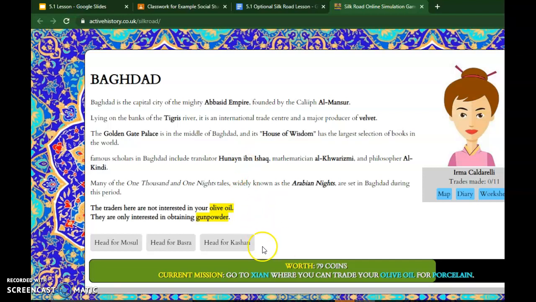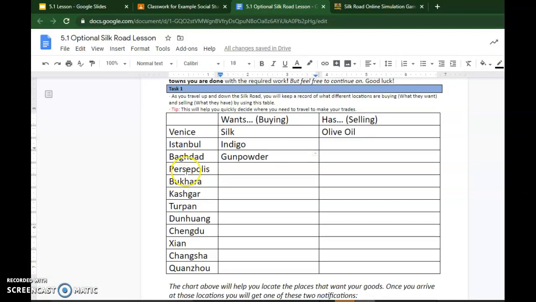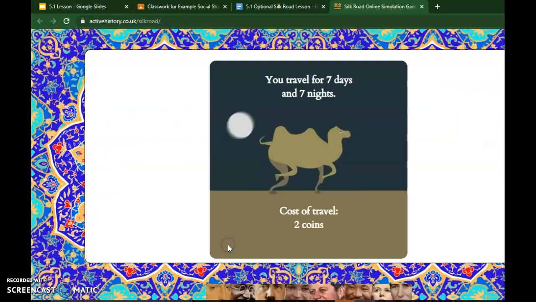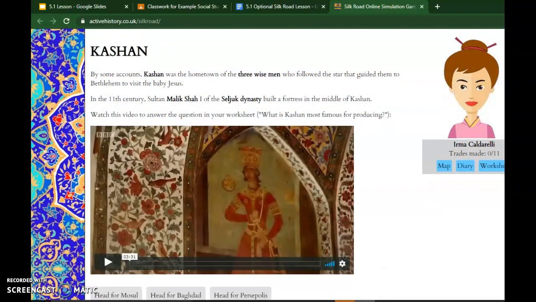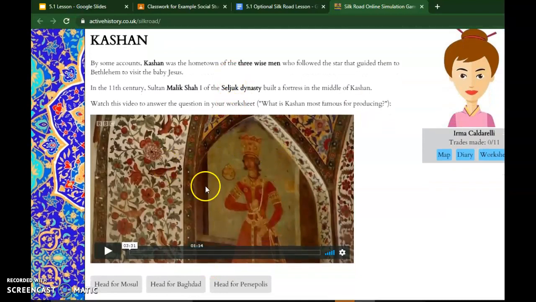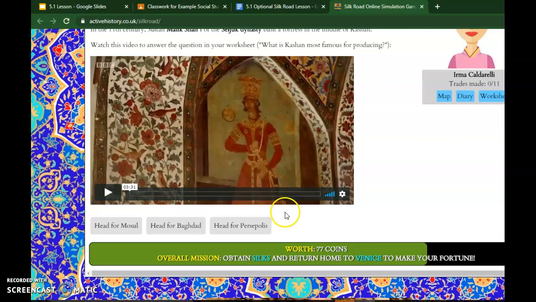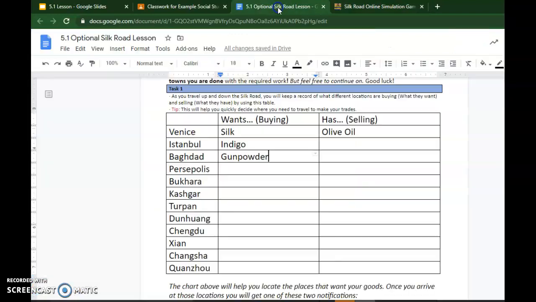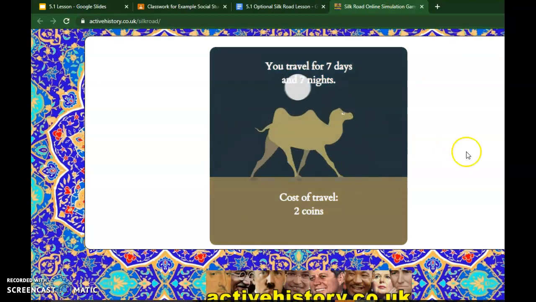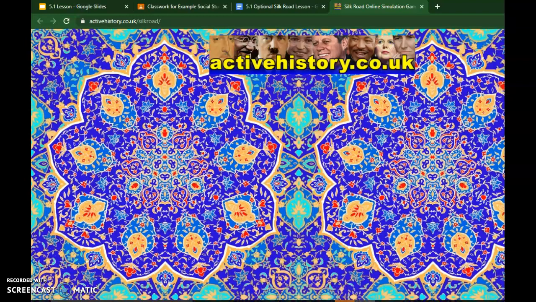Next step is I am going to head for Kashan or Basra. Let's look and see which makes more sense. I'm not seeing either on here, so I'm going to go with Kashan. I have information, I have a video, but I don't have any resources that they are willing to trade, so I'm going to head for Persepolis next. So I'm going to go here, travel, use some coins,